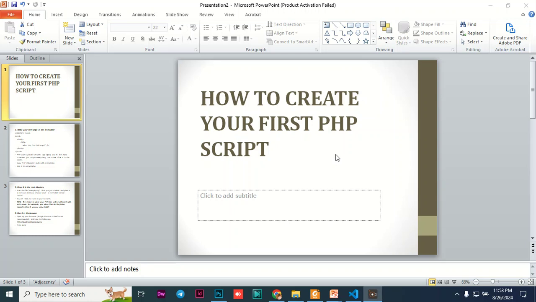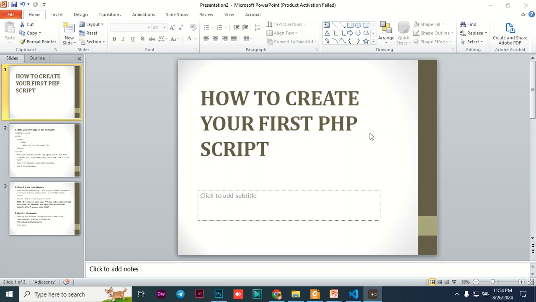Welcome to this another exciting tutorial, and in this tutorial we are going to look at how to create your first PHP script. Now if you are a beginner in this particular area of PHP, this is one of the tutorials that can really help you to start off your journey in learning PHP as a language. Therefore, in this particular area we are going to look at the steps that one should follow and the things that you are supposed to do in order for you to execute your first PHP script, your maiden